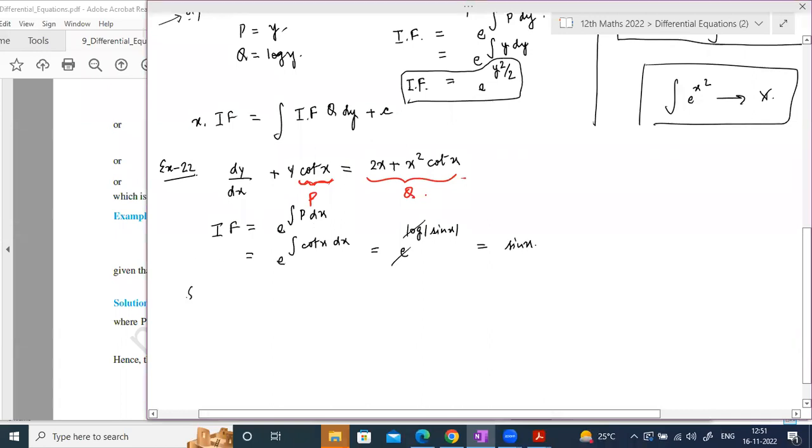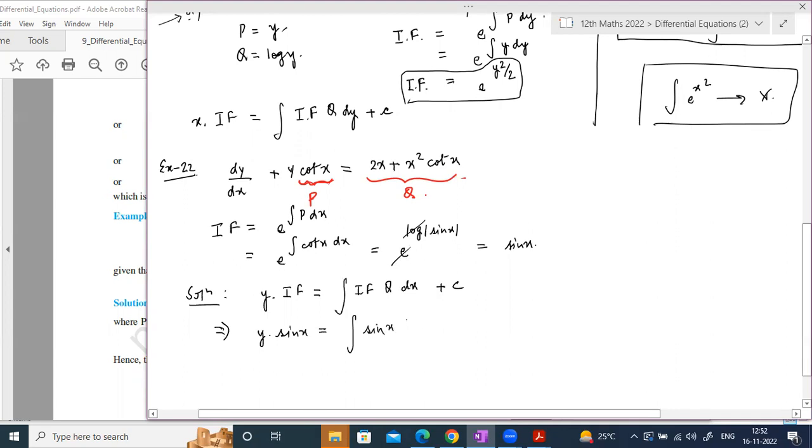Yes, sir. So our solution will be y into integrating factor. Let's write the formula. y into integrating factor is equal to the integral of integrating factor times q dx plus c. And let's put the values of the integrating factor. y into sin x is equal to the integral of